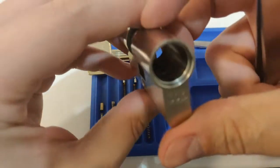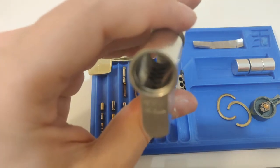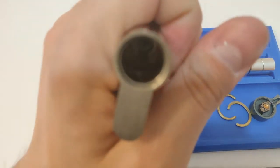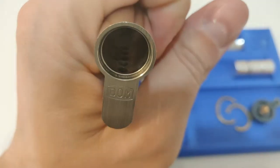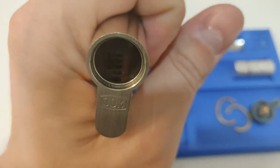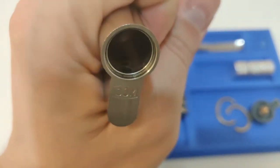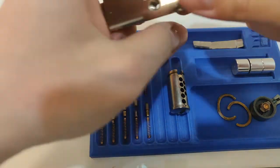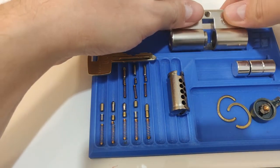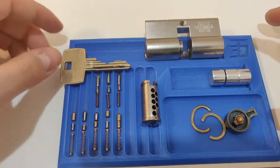Here's the body. Nothing done on the body. Everything is, I think, stock and normal. There is no serration or counter milling or anything. And yeah, so guys, that was the